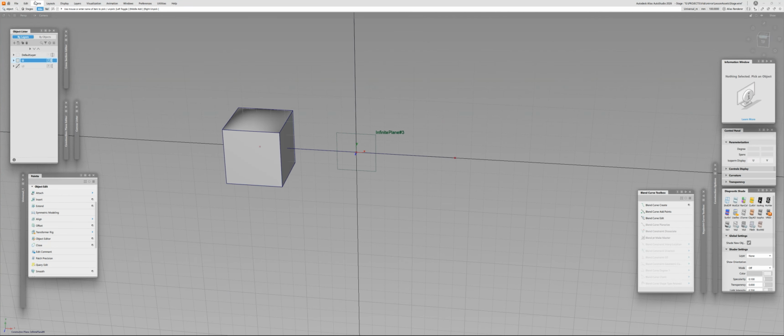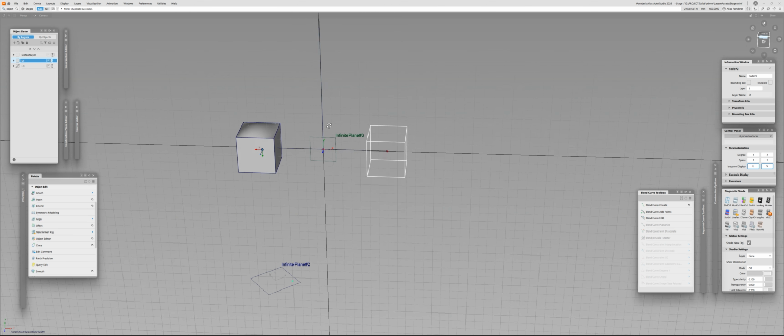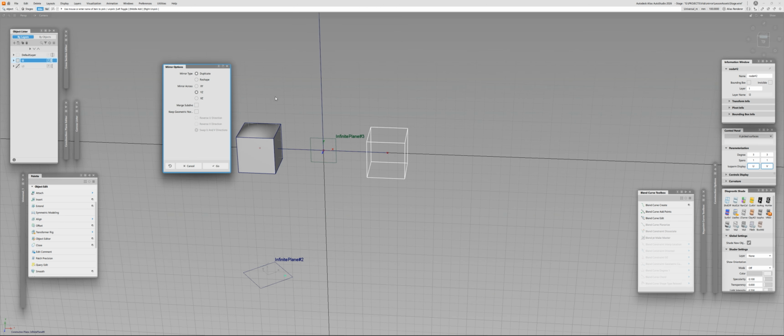So if I use the Edit, Duplicate, Mirror command, and I have my own already set up, so I have all axes. If I select the object and use the mirroring tool under the YZ, it will take the YZ plane of the currently selected construction plane as a mirroring plane,